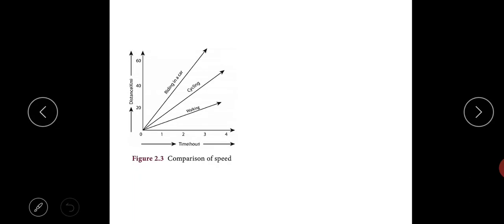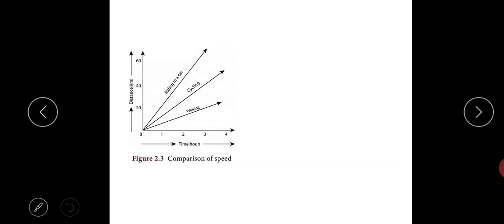Now let us see the same for a person for different criteria. Like one person is walking, the other one is cycling, and another one is using a car. They all are on the same path. Is it clear, children? We definitely know that cycling can be faster than walking and a car can go faster than a cycle. Yes or no, children?